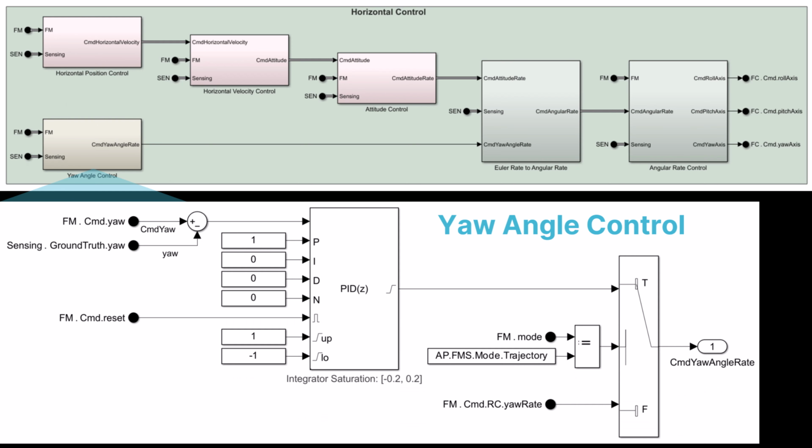Yaw angle control. The yaw angle control loop governs the quadcopter's heading or orientation around the vertical, Z, axis. It receives a desired yaw angle and compares it with the current yaw angle. A PID controller is used to minimize the yaw angle error and generate a desired yaw rate, angular velocity around